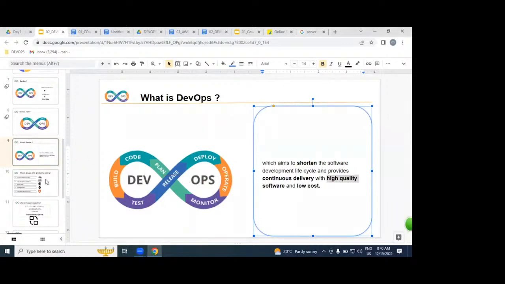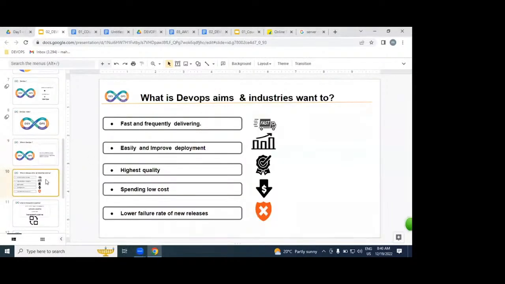If we replace our SDLC process with the DevOps process, what are all the advantages? What exactly does DevOps aim for? We can deliver very fast.